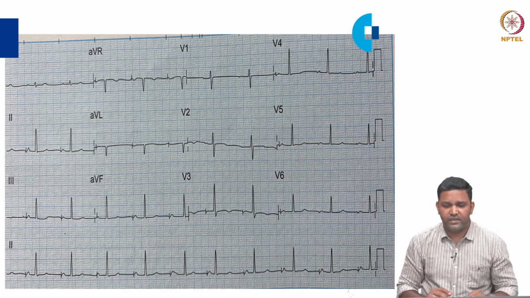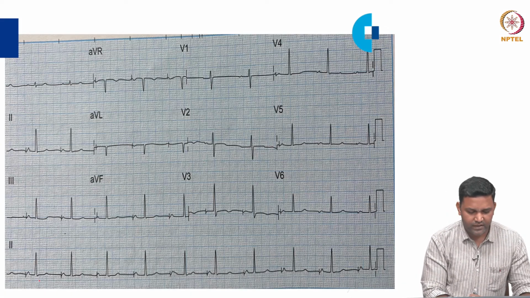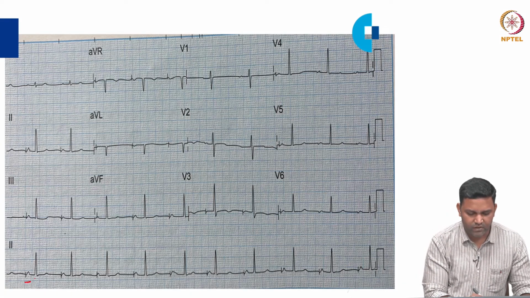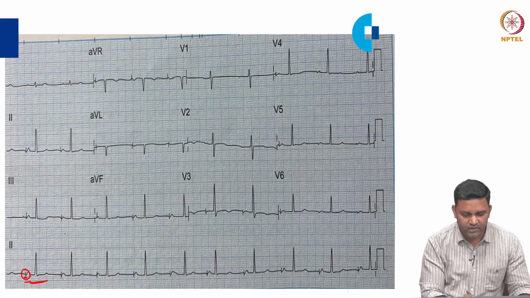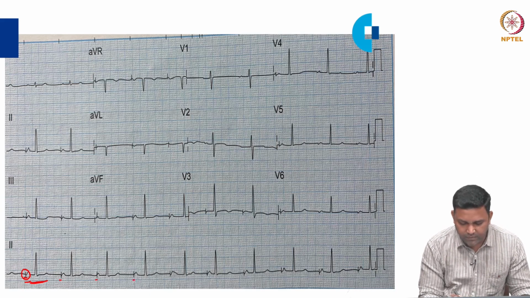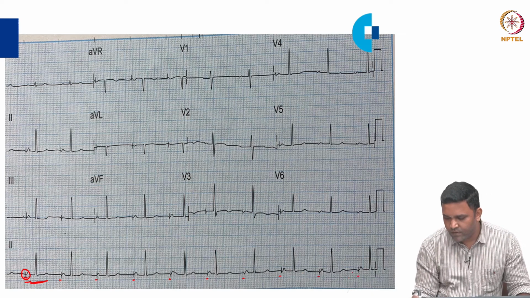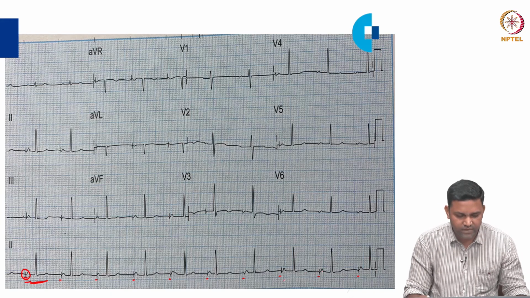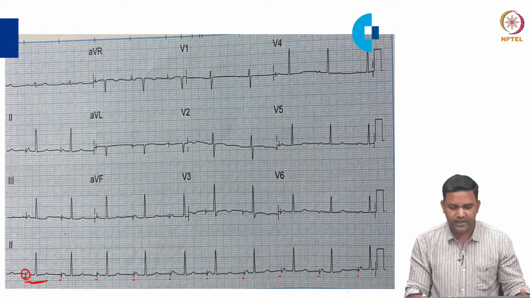So, first we have this ECG. You can see the patient has a P wave and a QRS complex and a small T wave also. But you can see preceding every P wave there is a small paced spike. So, this is there before every atrial beat. So, this is a pacemaker which paces the atrium, so it is an AAI pacemaker. It can be AAIR also, but we cannot say with this ECG alone. So, most probably it is an AAI